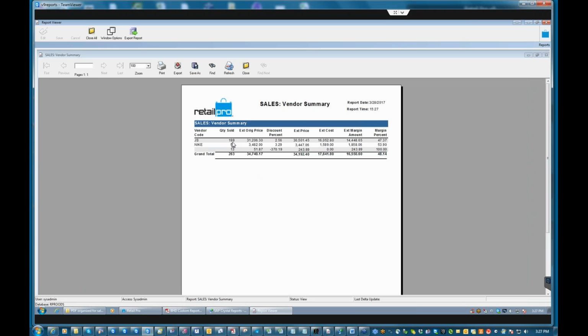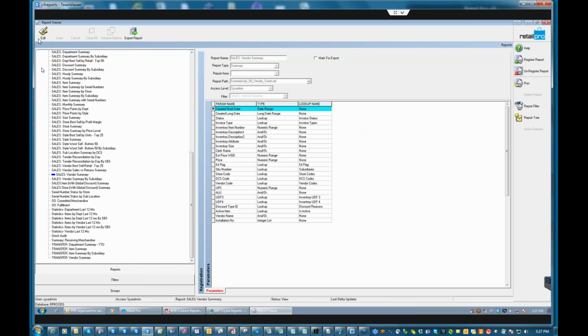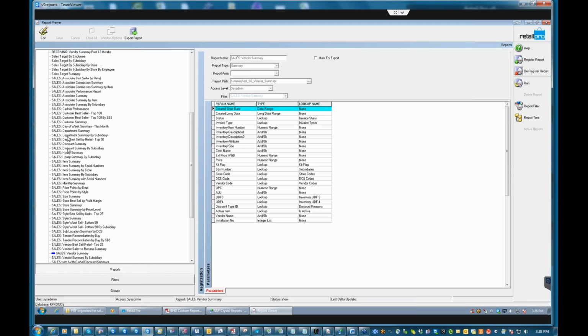Okay, so vendor, vendor, vendor, quantity sold, original price, discount percent, extended price. So basically the same information, but summarized by vendor. Okay, no pretty graphs on this one. I guess we decided we didn't want any pretty graphs on this one. Okay, so summary, and there's